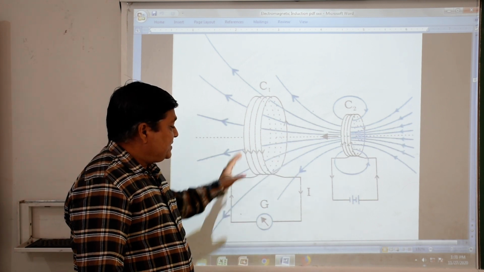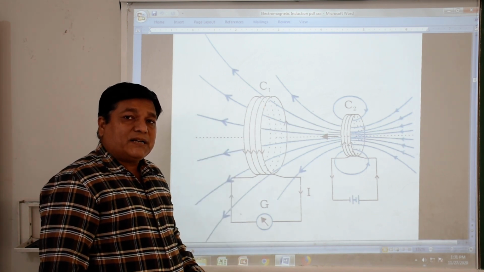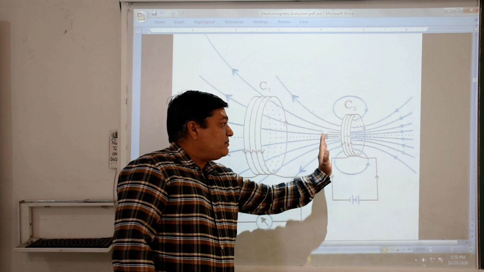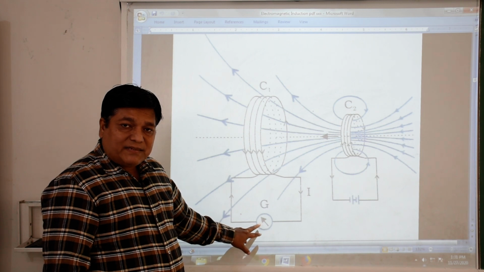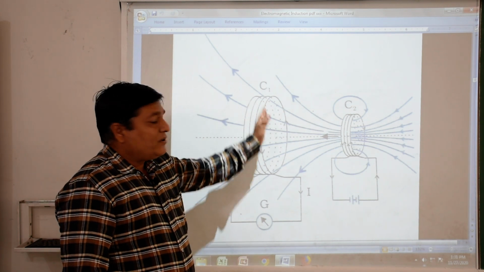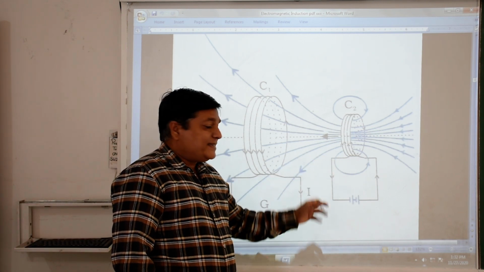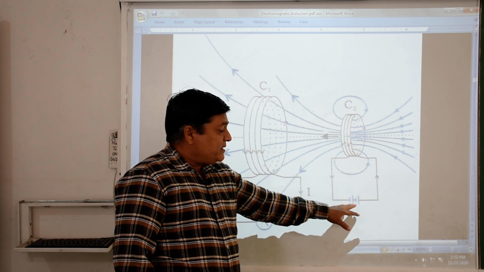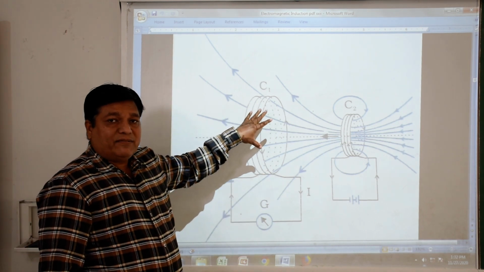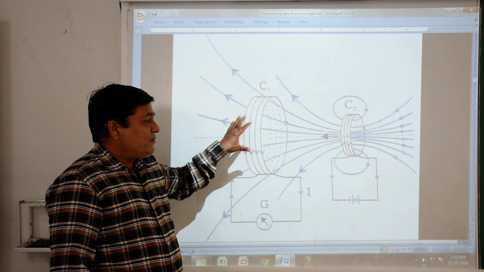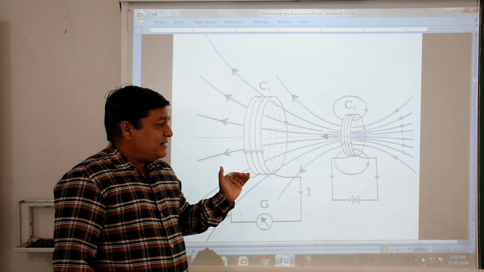During its motion towards coil C1, we see a deflection in the galvanometer and current flows in this coil in one direction. As this coil moves away from the coil C1, again there is a deflection in the galvanometer and current flows in the opposite direction. So due to the motion of this coil, since steady current is flowing in it from the battery, we find induced current in coil C1, flowing in different directions by the motion of coil C2. This is the second experiment.